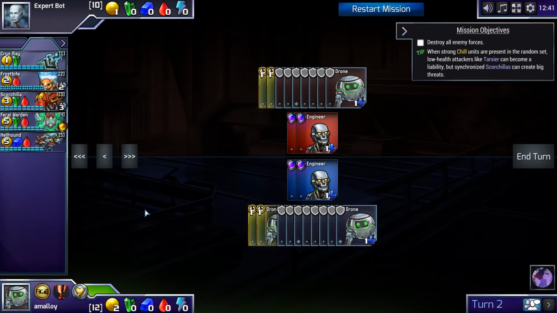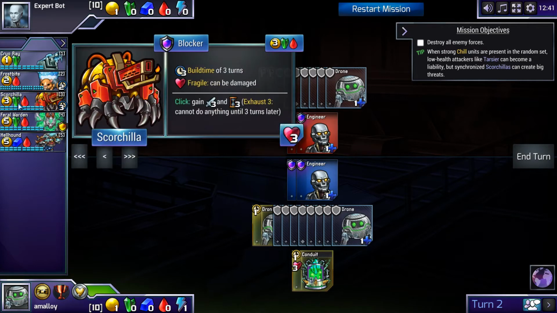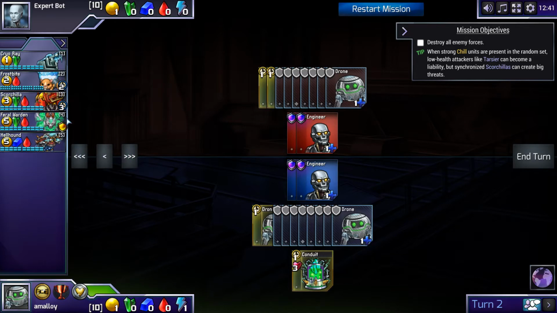But as player 1, I think I'll just do this, and then Conduit Animus next turn. Or maybe double Drone Animus and then add in a Conduit. No, I want... Is this crazy? And then Drone Animus next turn to let me get 2 Scorches. The nice thing,